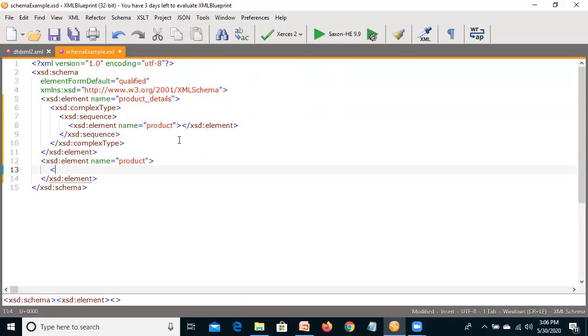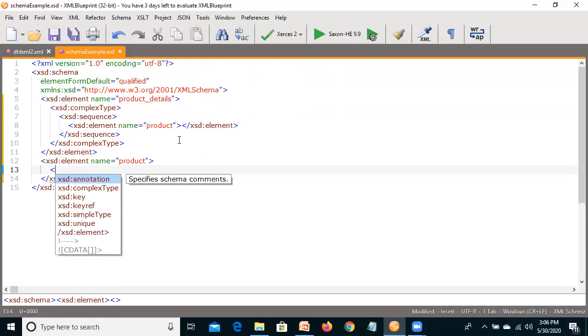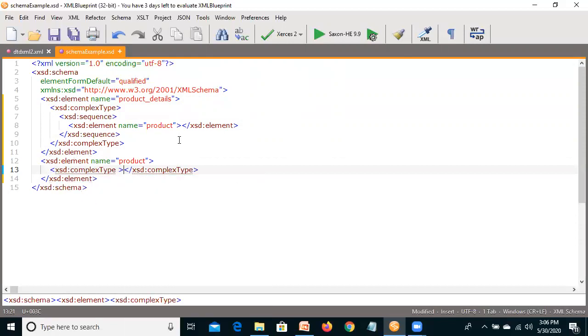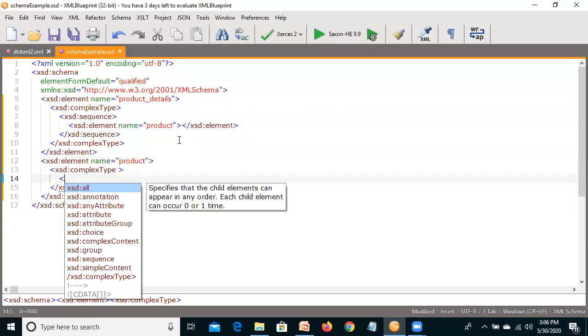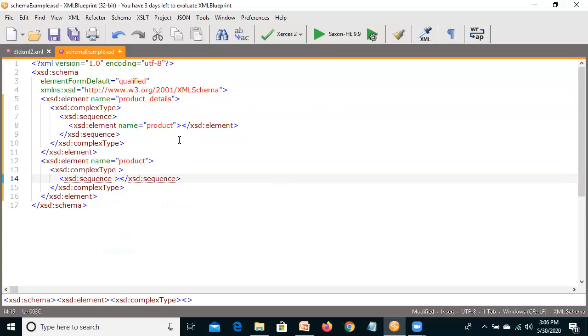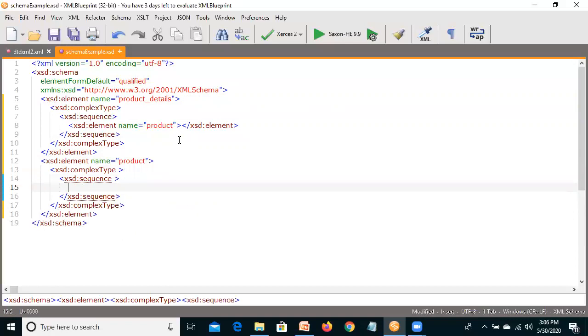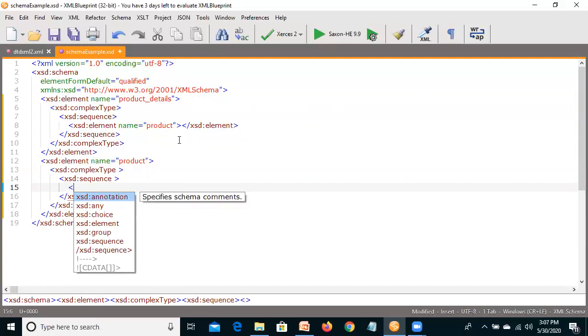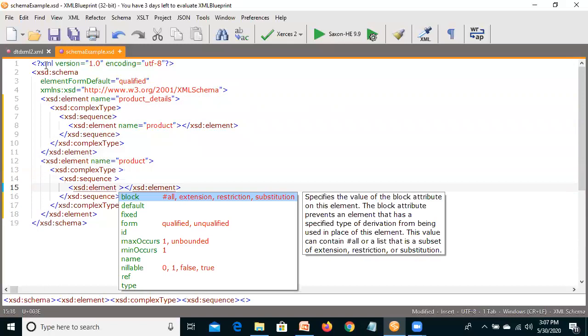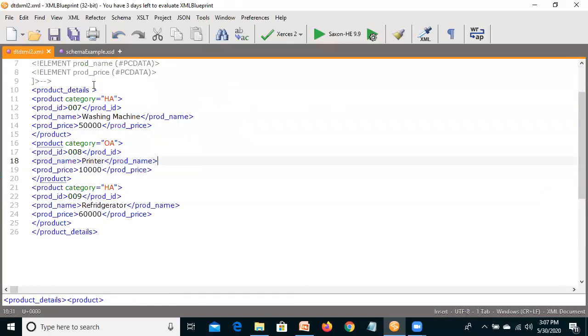Complex type, and in the sequence, what are the other elements? Now we write the simple type elements. Inside product, there's an attribute also. We'll first write the elements and then go with attributes. Product ID, product name, and product price.